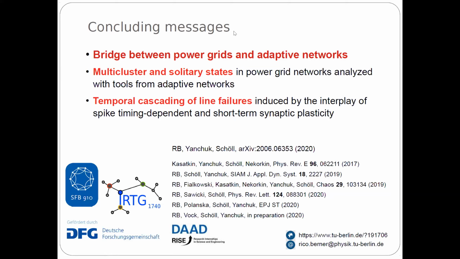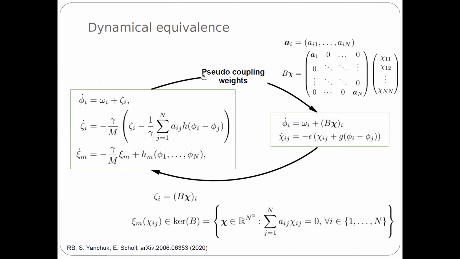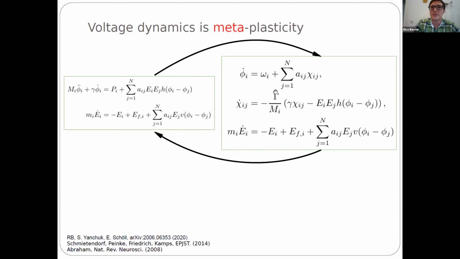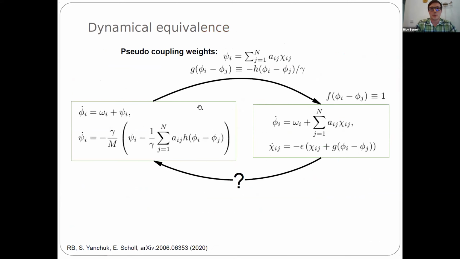Is f equal to 1 just one example or requirement for the transformation of the models? The phase model behavior can be quite interesting and underexplored in this limit. This question comes from our colleague Istvan Kiss. Yes, that's a very nice question. So for this transition between the power grid networks and the adaptive networks, this one is necessary. Yes, indeed, we have to put it equal to 1.